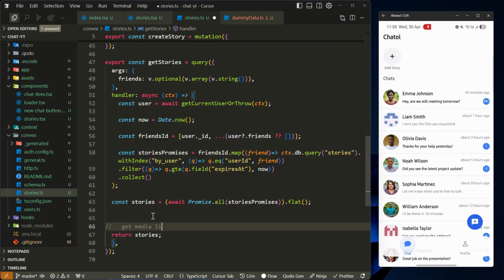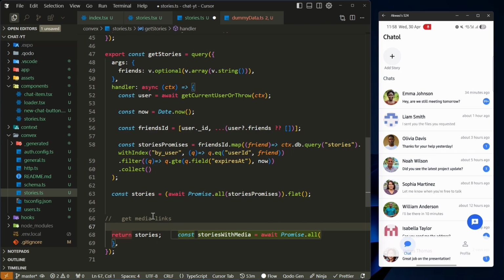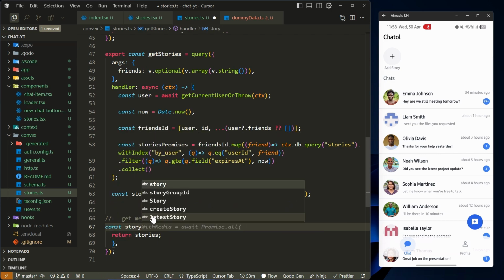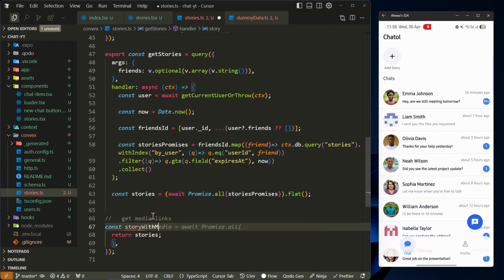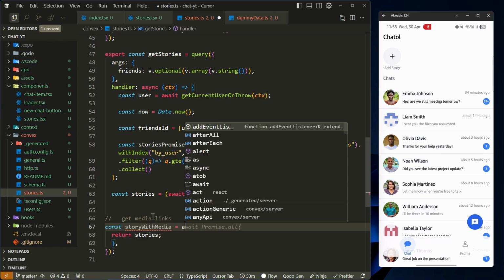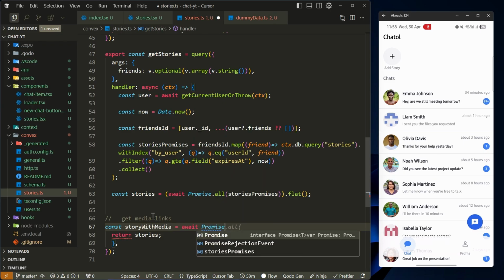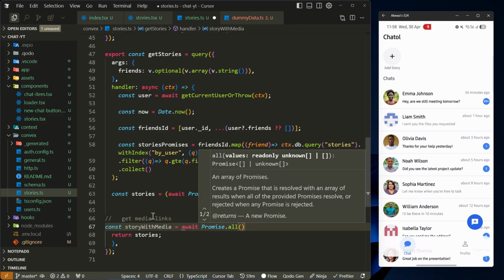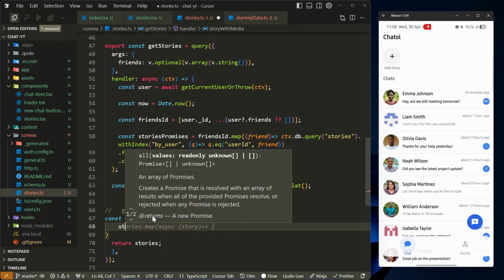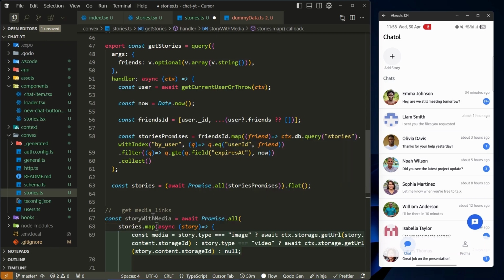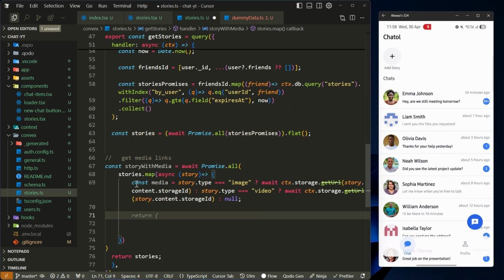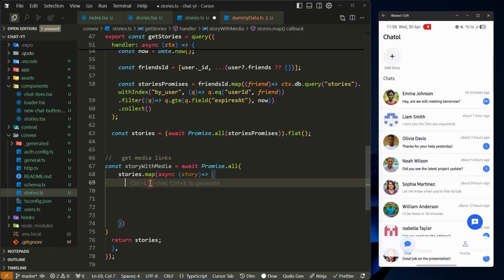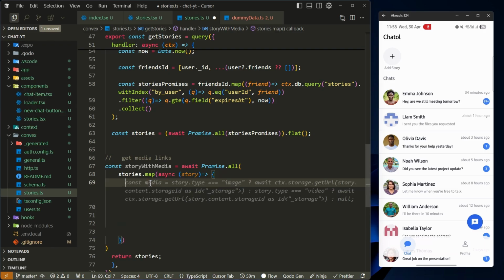links. Okay, great. So I'm going to say const storyWithMedia should be await Promise.all. Okay, so Promise.all, then I'm going to say stories.map. So I'm going to map over the stories by saying stories.map. Then I'll check if maybe I can remove this. Yeah, let's not confuse ourselves. So we're going to map over it and say that const